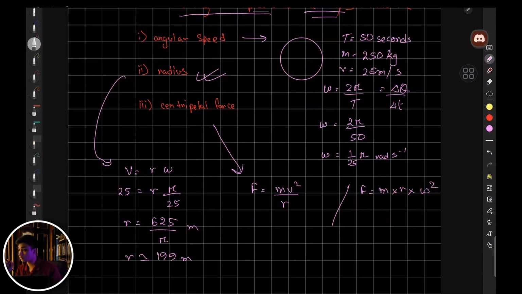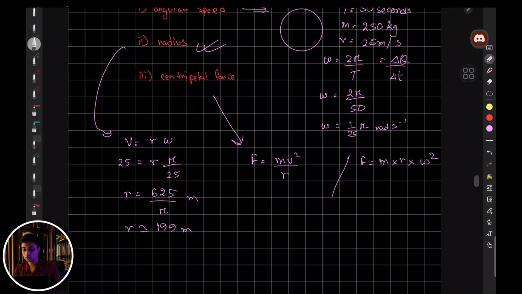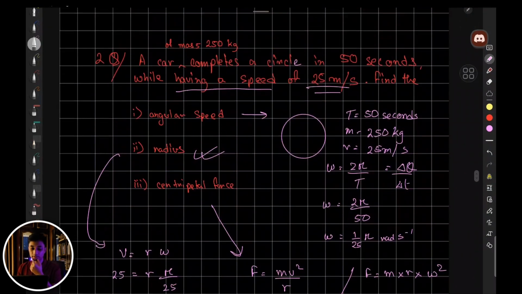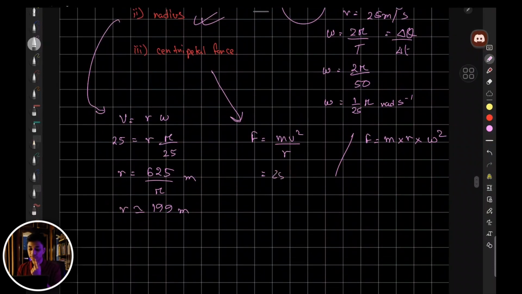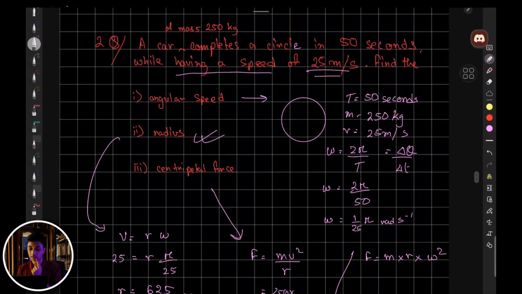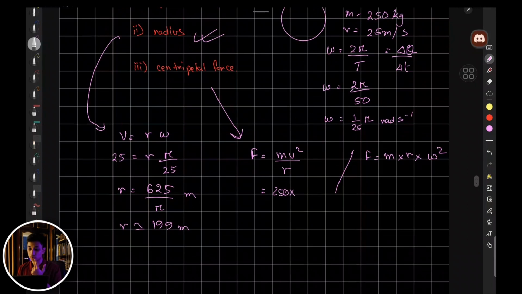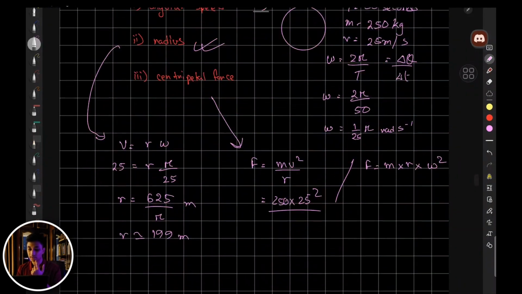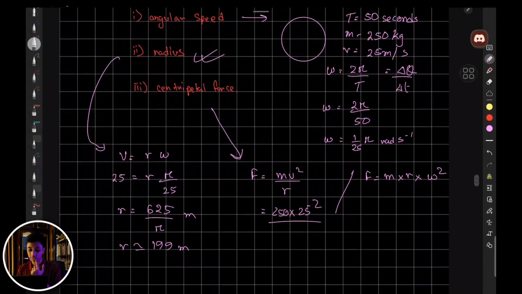You can use either of these. I'm going to use this formula. So the mass is already given, 250 times velocity. You know the tangential velocity, which is 25 meters per second. So 25 squared by the radius. What is the radius? We just figured it out,